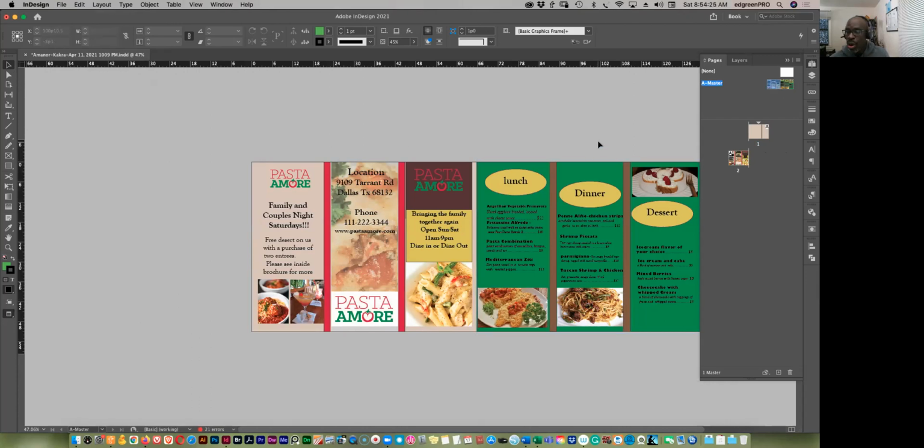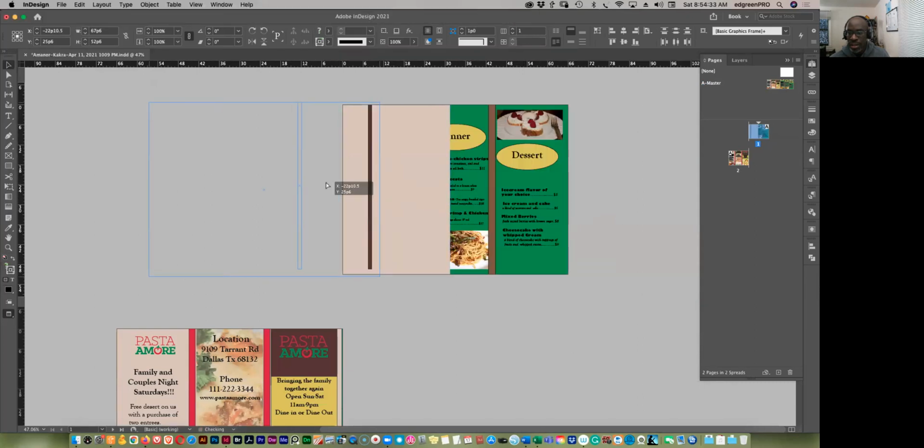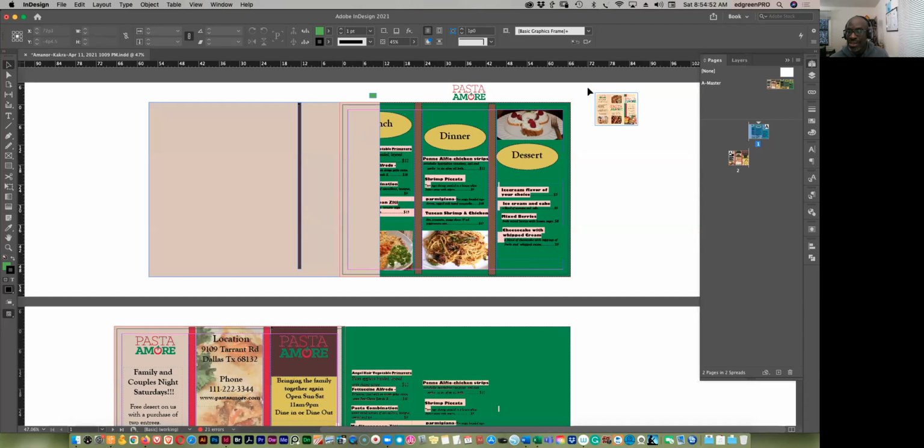So I want to make sure all my content is here. So I will double click on my page, and I see I have this here. Now, I also can see this, but it's not on this, let's say, level instead of layer, because everything is on the same layer, but you have your design on your master pages level where you want it on the page level. So I'm going to hit W on my keyboard so that I can see all of